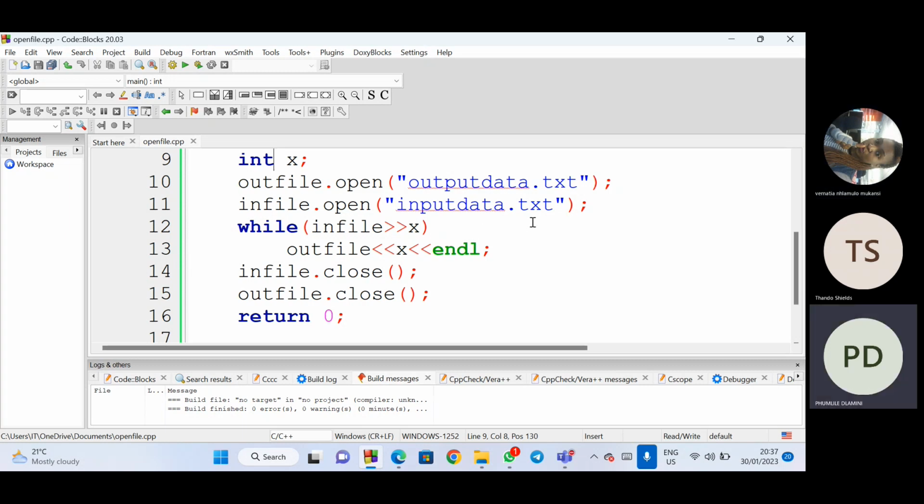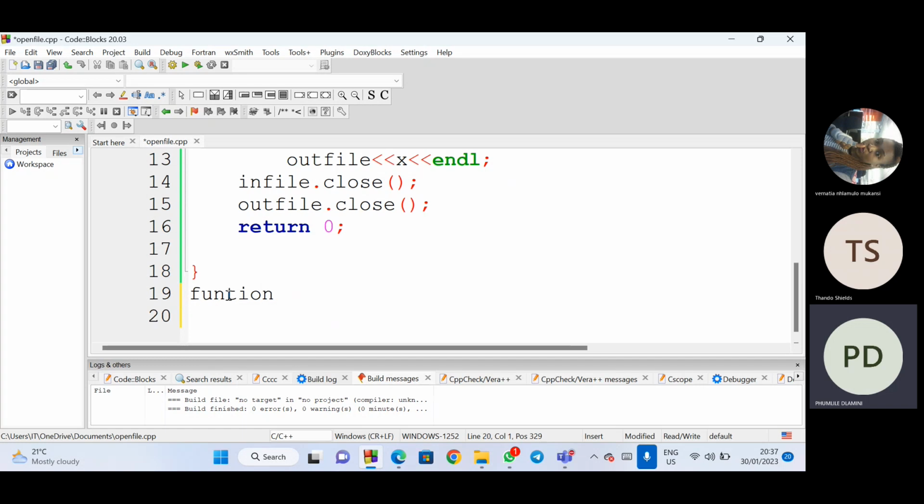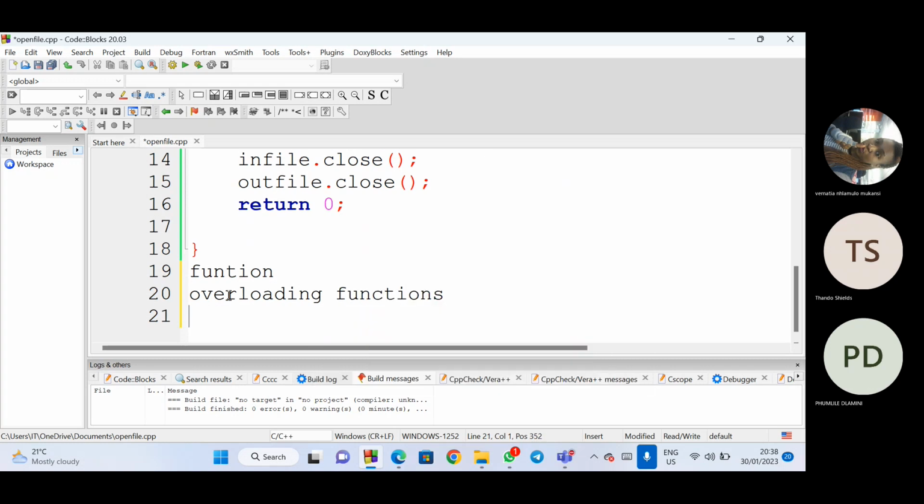All right. So this is how it works when it comes to the file. So the other thing that I'm going to teach you now is about functions. So when it comes to functions, in course 1512, you need to know about overloading functions. What is overloading functions? Overloading functions is when you are using the same